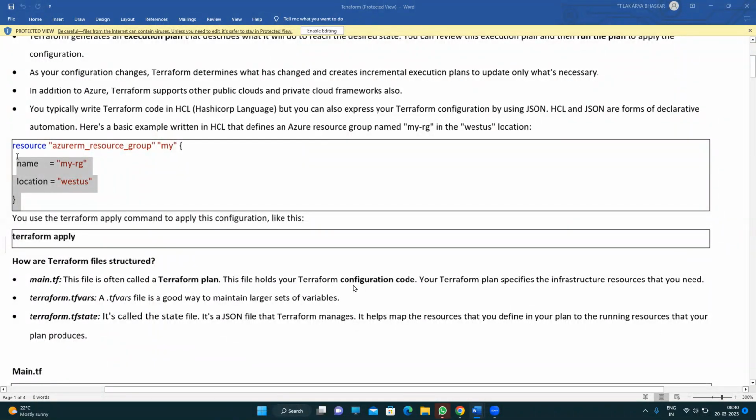This file holds your Terraform configuration code. Your Terraform plan specifies the infrastructure resources that you need. And again, this file is a good way to maintain a larger set of variables. Instead of defining your variables in the main Terraform file itself, it's always a best practice to maintain a separate